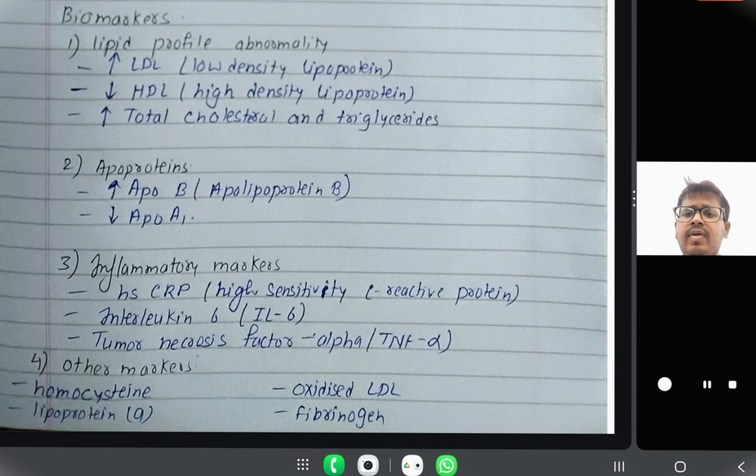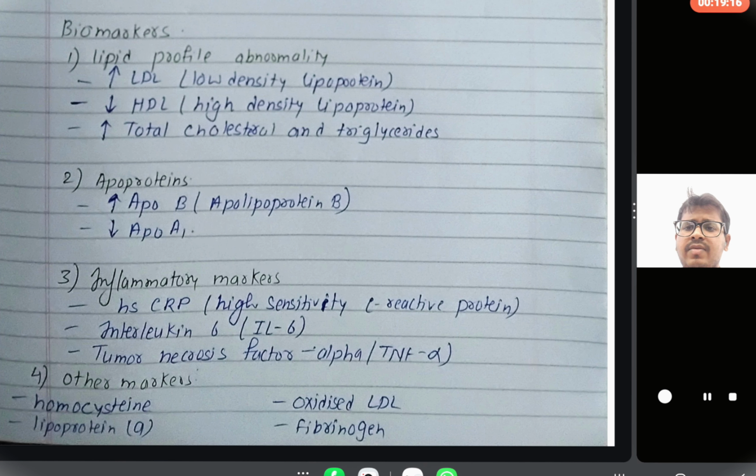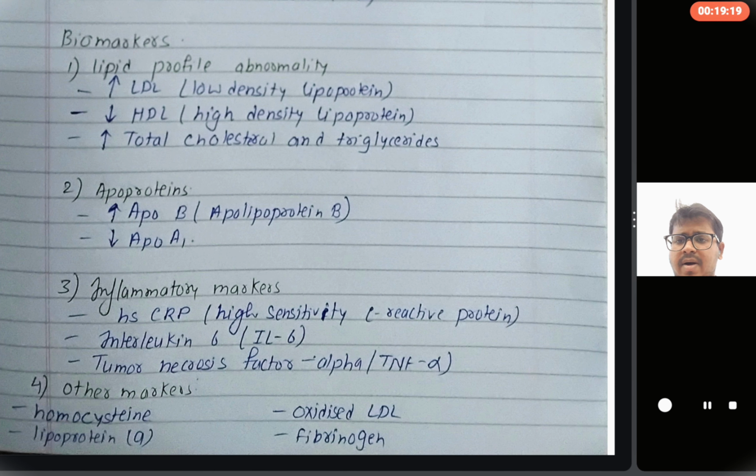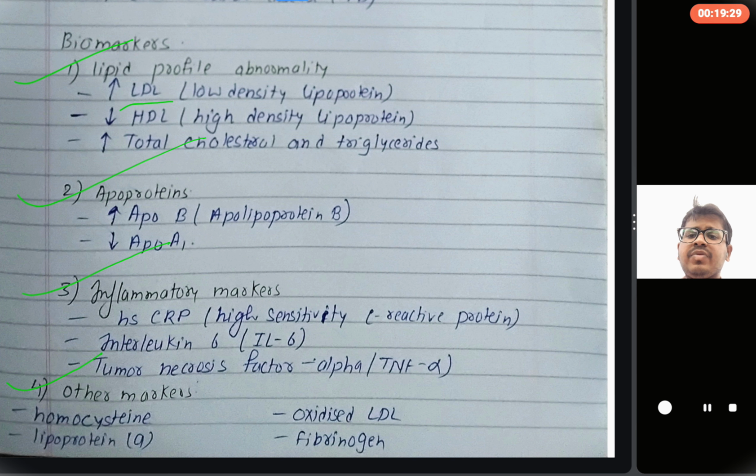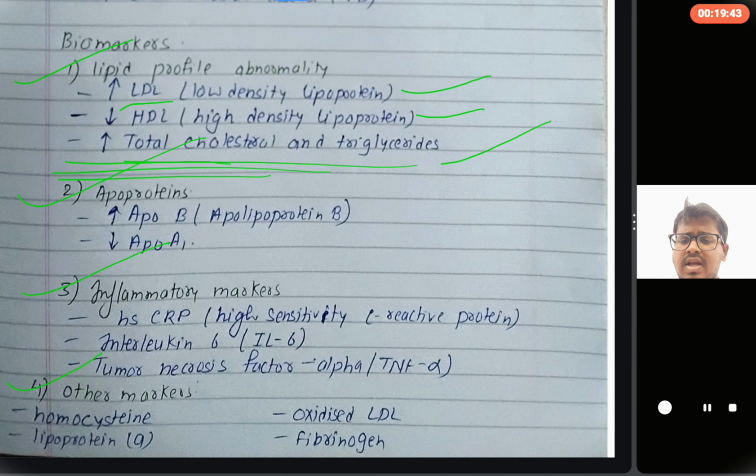Another is biomarkers. We talk about how we will identify that this is the problem. We have 4 biomarkers: lipid profile, apoprotein, inflammatory markers, and other markers. In lipid profile abnormality, low density lipoprotein increases, high density lipoprotein decreases, and total cholesterol and triglyceride increase. Second, in apoprotein, apolipoprotein B increases and